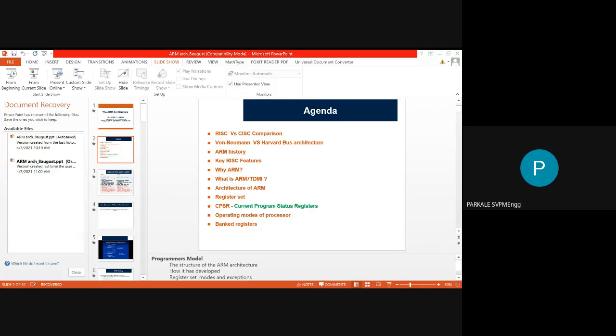Whereas in a RISC processor, we have fixed size instructions. That means all the instructions are executed with a fixed size, that is, of a 32-bit processor. And there are very few formats for the execution of this ARM7 or RISC processor. So this is the advantage of RISC, that all the instructions are of fixed size. There is no need to remember the size of the instructions, because all the instructions will be executed as 32-bit instructions.